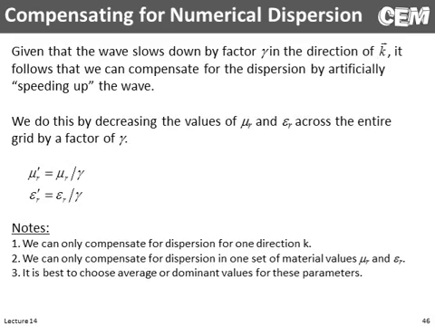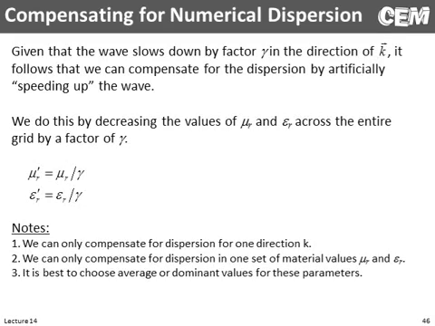Well, if our wave is slowing down artificially, and we don't want that, it makes a little bit of sense that the fix to this is to speed it up. So how do we speed it up? By changing our relative permeability and permittivity across the entire grid. So we're going to build a device on a grid, and it's going to have some relative permeability and some relative permittivity, and these will be a function of position. They'll change throughout the grid. We'll just take those two grids and divide by this constant gamma that we just calculated. And we're going to end up with a slightly adjusted relative permeability, relative permittivity that will compensate for this numerical